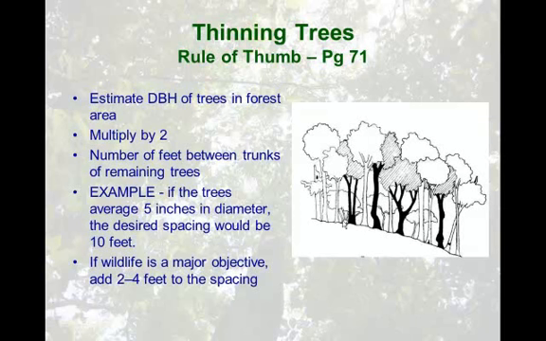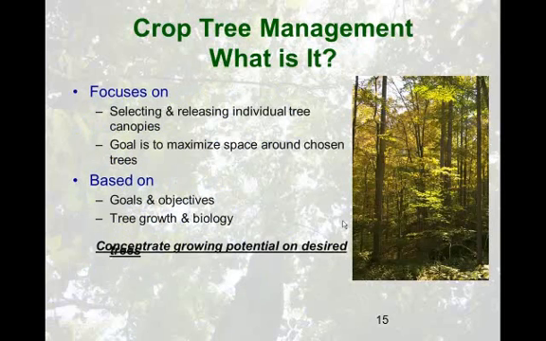So again, this whole idea of forestry practices is really just accelerating that natural thinning to manipulate it so that the trees that you want are left. All right? So crop tree management. And again, this is where you're identifying specific trees, and a lot of folks can do this. Now, when you get into really tall forests, this is maybe beyond the resolve of some people, but a lot of these forests are relatively young, and you can clear around them. And this focuses on selecting individual trees, and the idea is to maximize the space. And it's based on goals and objectives, but the idea is that you're concentrating potential growth on a certain